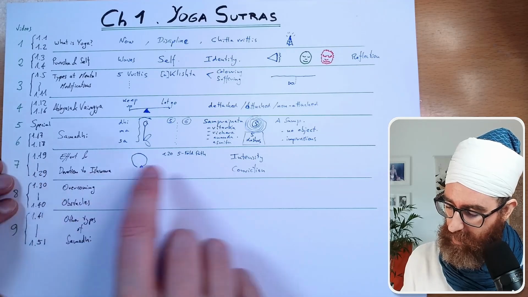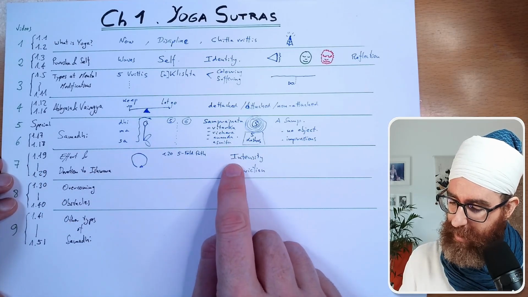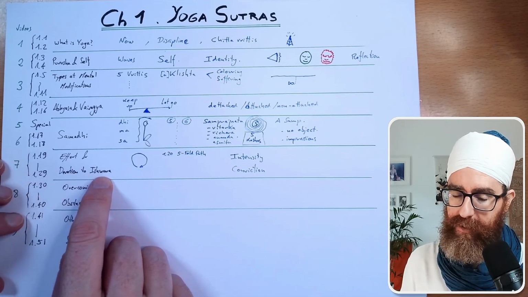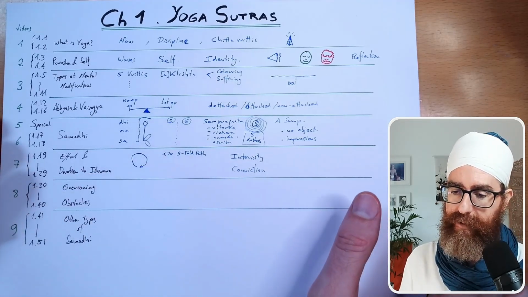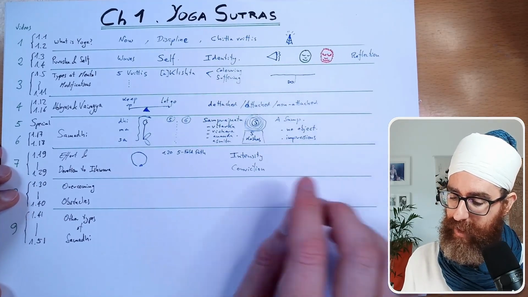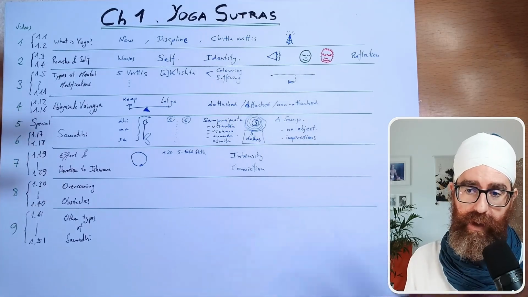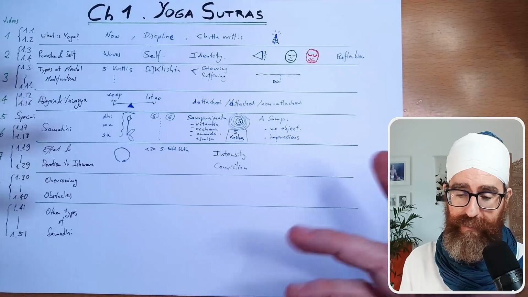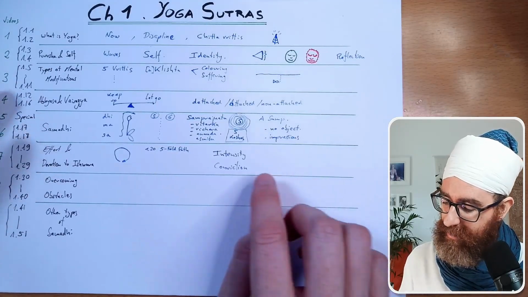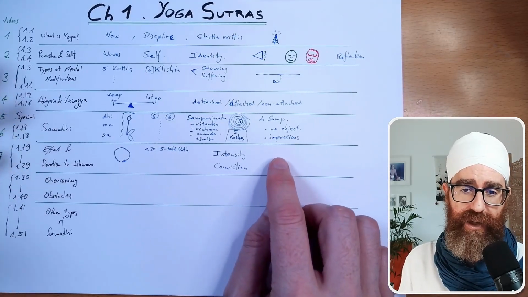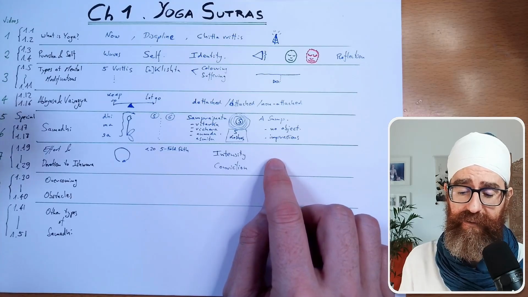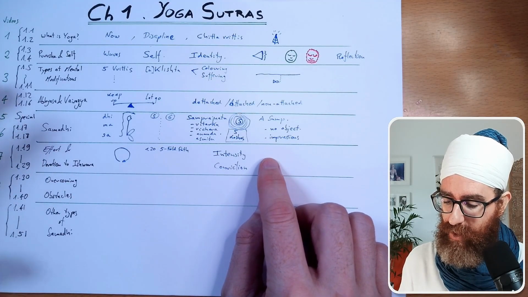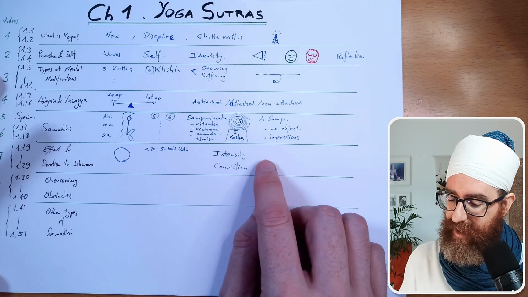All right, so that's 1.21 and 1.22. Then he goes into what is Isvara, and we did explore in this video the different names of God and how Isvara has a particular place and how we relate to every name of God in a particular different way. And Isvara has different translations and different connections in different texts in different places, but we can say that this is like the most. It's Purusha in the most.